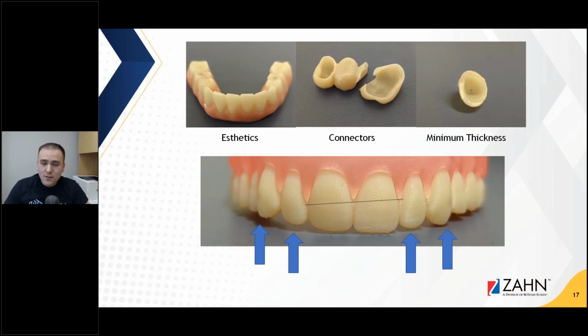There's a lot of considerations that you must take into choosing the right milling or design center. So when it comes to, for instance, designing, what do we say number one issue is? Quality and talent, right? Getting the talent gives you the quality. So having access to a skilled and talented team of designers and technicians is the most powerful tool you can have. So not all the design centers are made the same. Having the ability to discuss those complex cases with them is important. Having certified technicians on their team is also important. Knowing that they're capable and willing to solve problems for you is also important, because sometimes the lab doesn't really